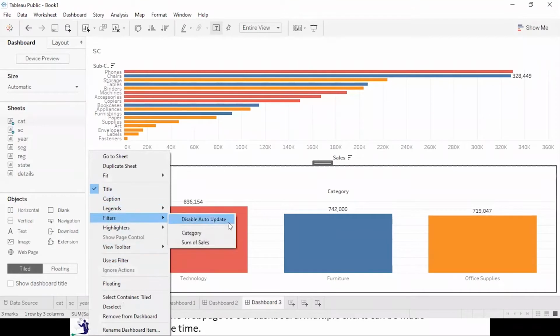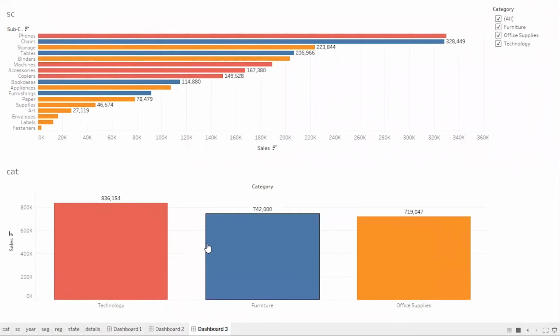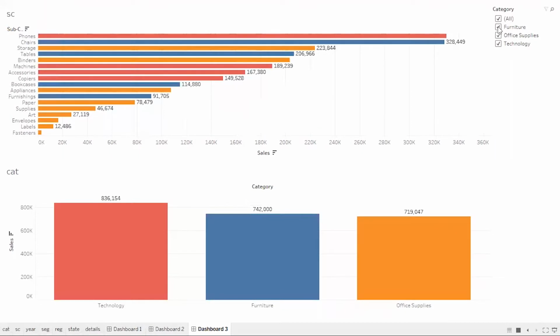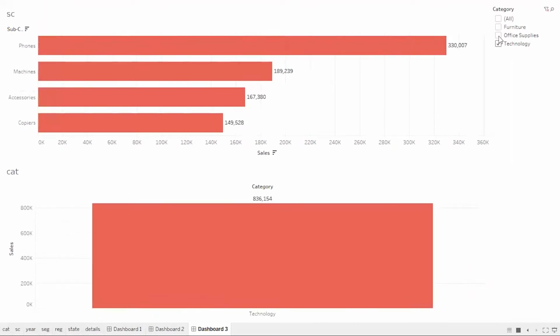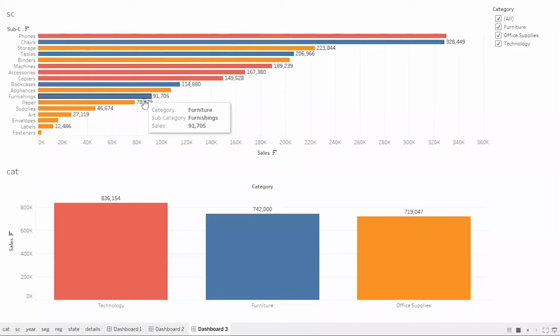I will say filters on the basis of category. Let's see this. Let me check the filter. Yes, it is applicable on both the visuals. But one point to be noted over here: the area allotted for these visuals is somewhat constant. If you see the screen area, I would say 50-50%.